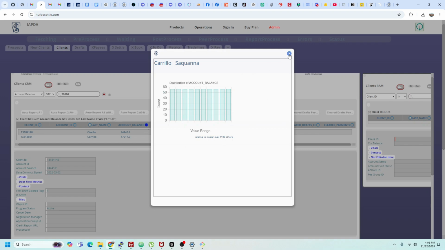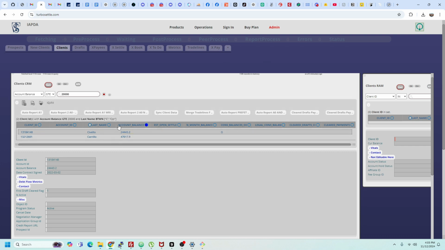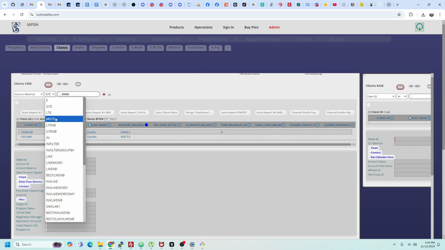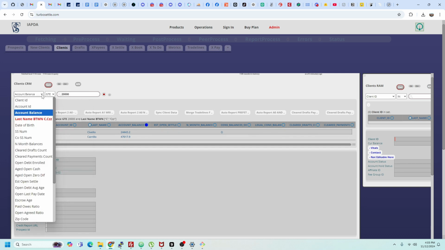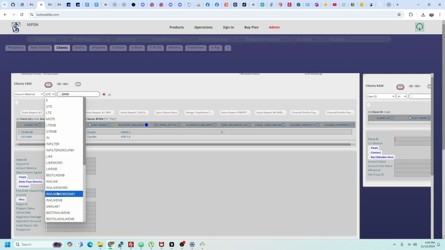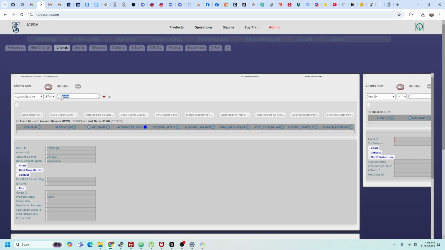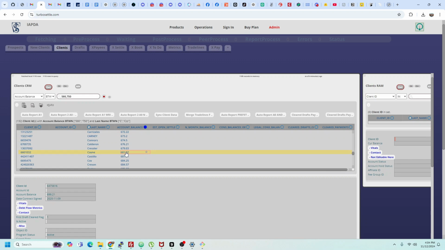So, simple changes. You can also look at account balance between. There's a whole bunch of different operators, and you could have multiple fields together. So let's say we want to see account balance between, where's the between? I have a between operator somewhere in here. Between, let's say 580 and 1,000, or better yet 750. Let's say a smaller range. Now we see only that, but let's say we only want to see those account balances